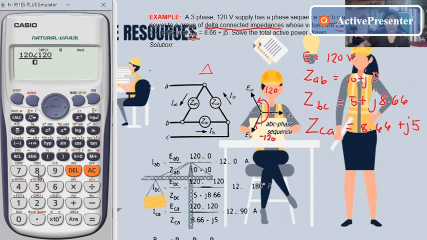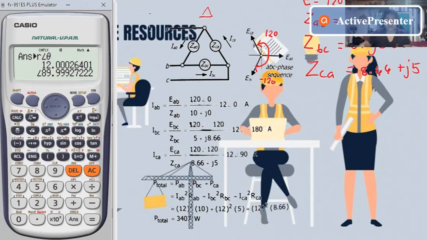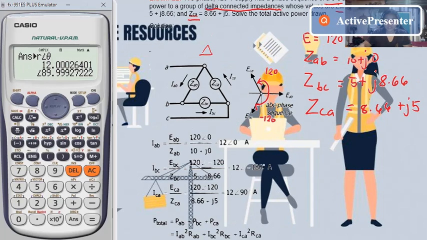And our impedance for CA, which is 8.66 plus j5. So our answer, converted to polar form, will be 12 with an angle of 90 degrees ampere. So since we have obtained all the currents, we can now solve our unknown, which is the total